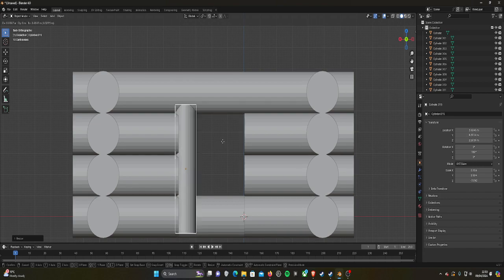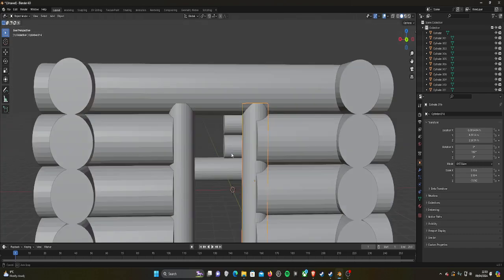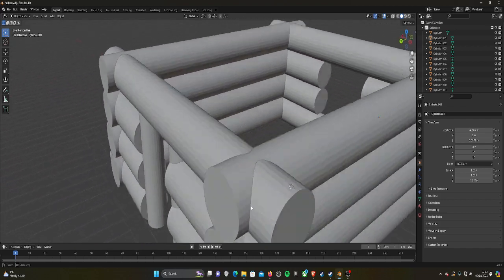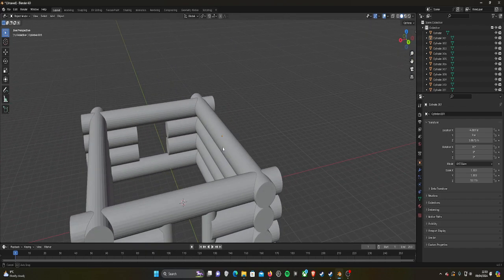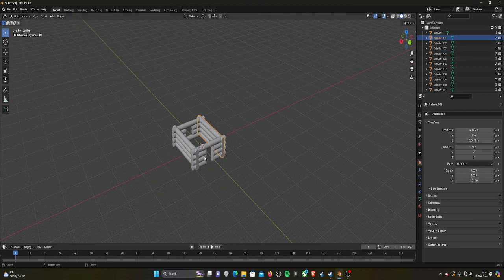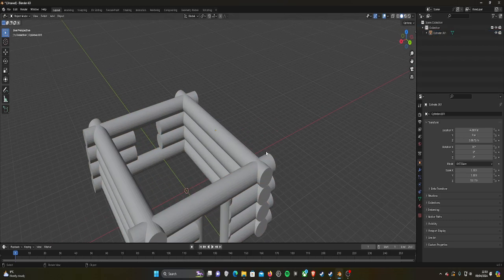And then bring in the walls a bit, duplicate, and do the same with the other side. You've got yourself a nice little front door here. Like I said, you can do the same with the window, but with the roof you can either use logs to go up. So let's select all and join, because I don't think we're going to make a log roof, but you can